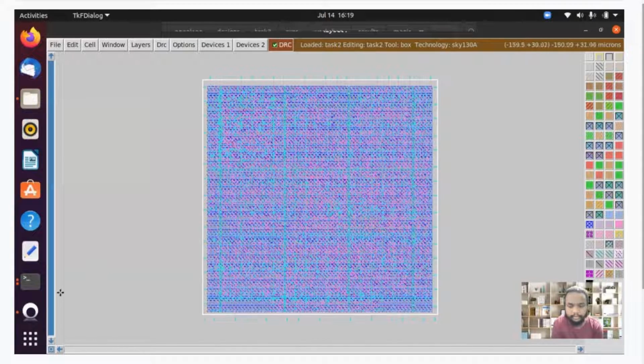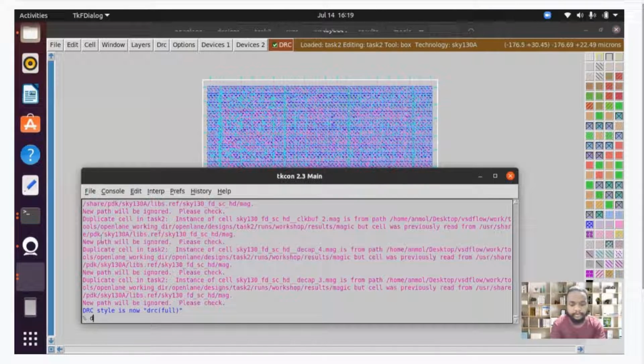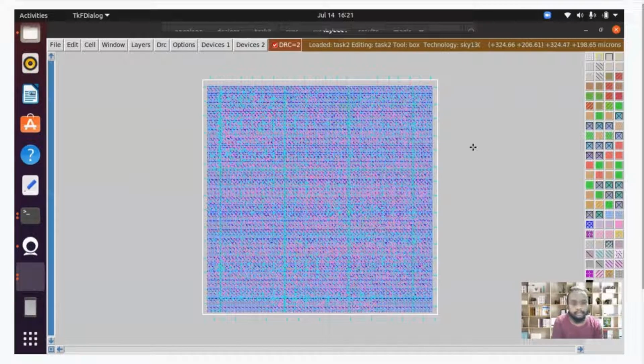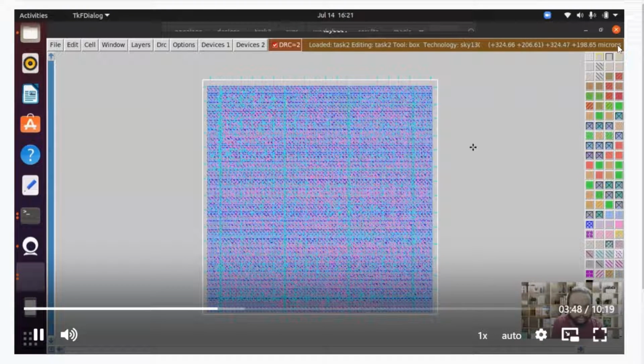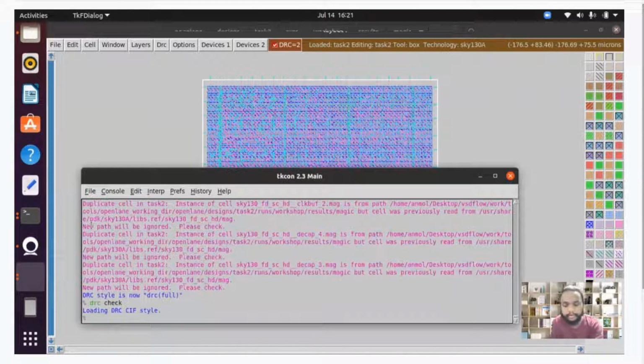And now inside the TKCon window, we have to type drc check. It will run the DRC check again. The DRC violations identified by magic are equal to 2. To find them, we'll just type in the TKCon window drc find,